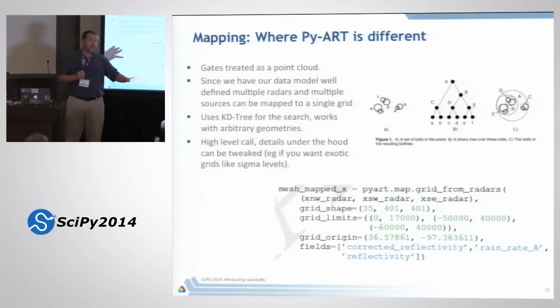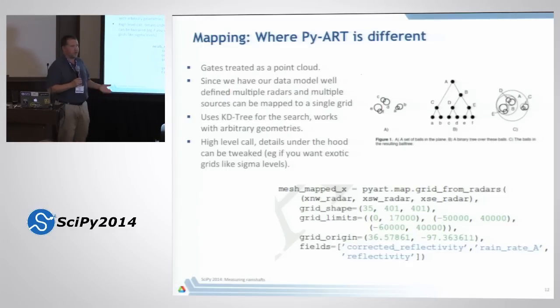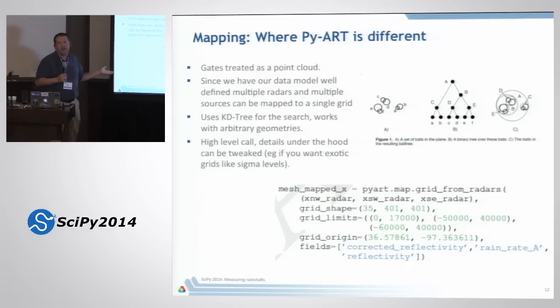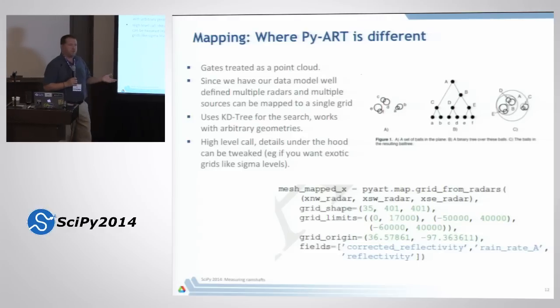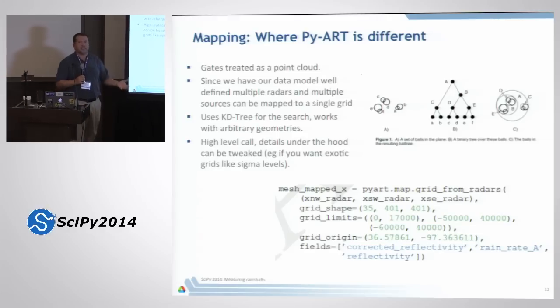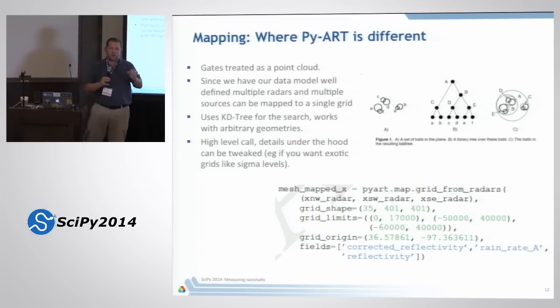Radars collect information in azimuth, range and elevation. Climate models and fine-scale models, that your weather guy uses, don't. They work, let's say XYZ, they work in a Cartesian grid. So we want to be able to map from our radial coordinate geometry to a Cartesian geometry. We do a distance-weighted average, so we basically have a sphere of influence. We search for points within that sphere of influence, and we average down.